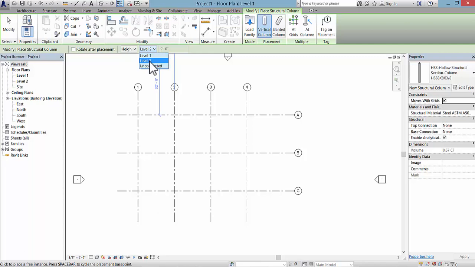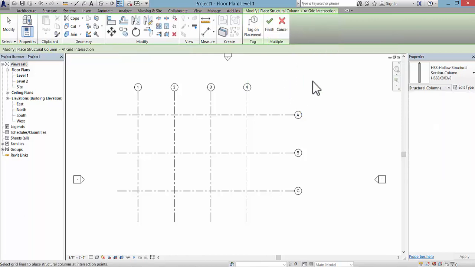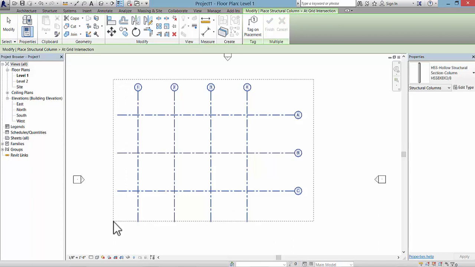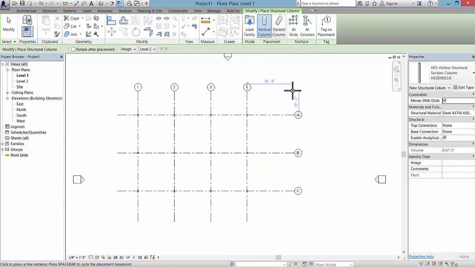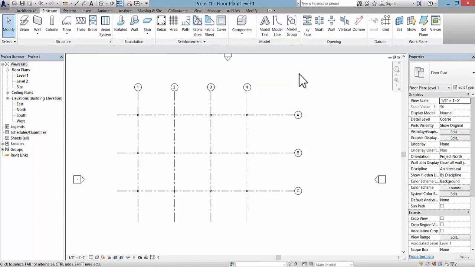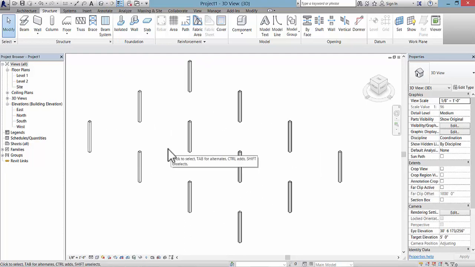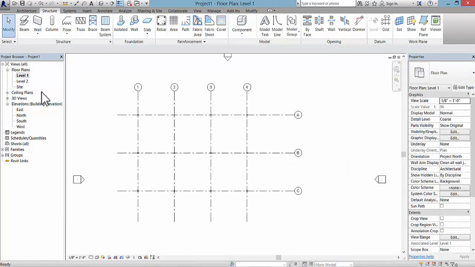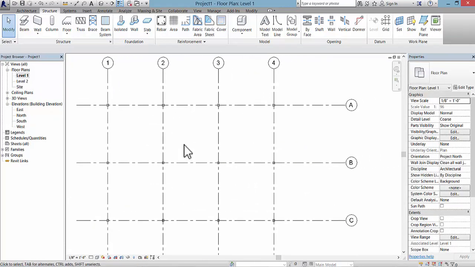So now going up to level 2, I can pick at grids, and if I pick at grids, I can just hold my left mouse button down, drag it across all of these, and pick the green check mark, and see that the column will appear at all of the grids. Use your escape key to get out of that. If I click on the little house icon at the top left, you can see that you have all of your columns there. So going back to level 1, we're ready to now put the precast concrete panels